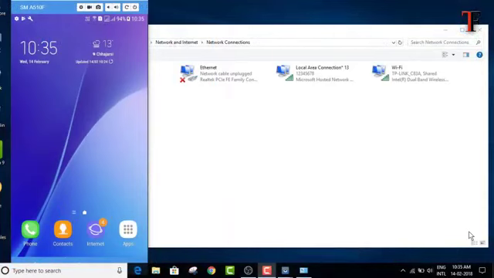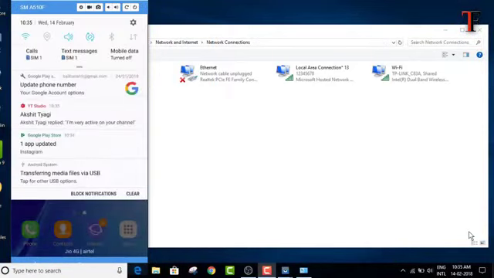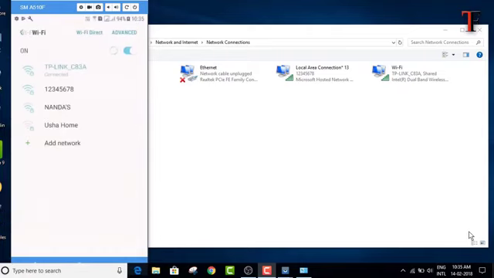Just connected my Android device with the system. Scroll down from the top and we'll search for the available Wi-Fi. My system is currently set to the current Wi-Fi and this new Wi-Fi is available. 12345678 is the SSID. We'll click on this.